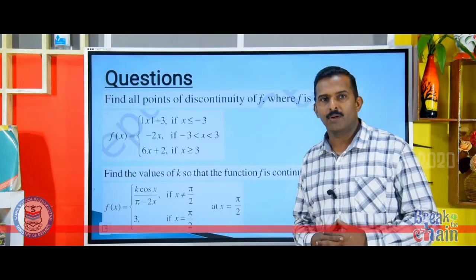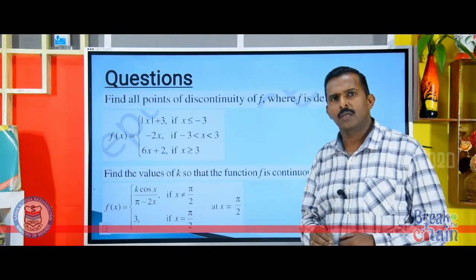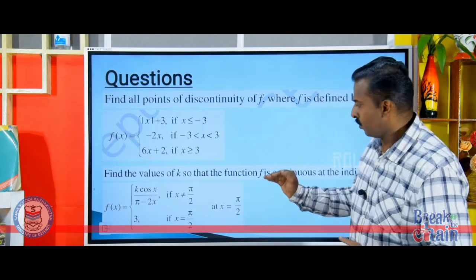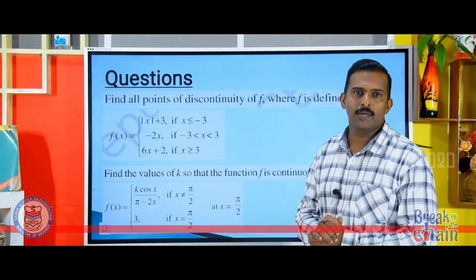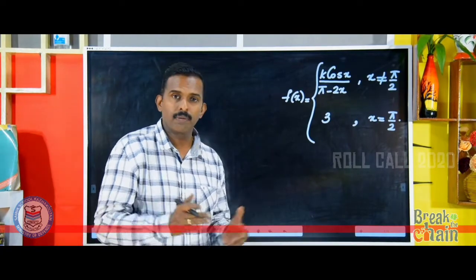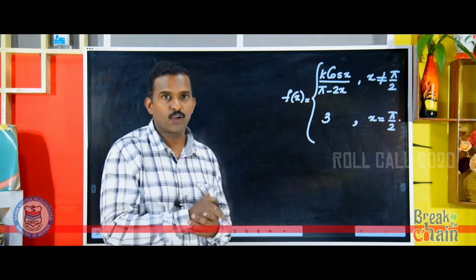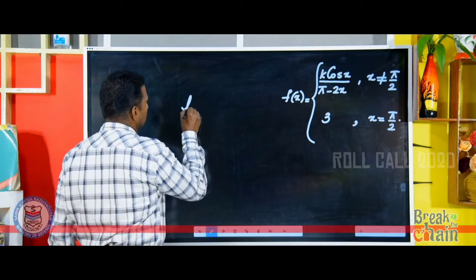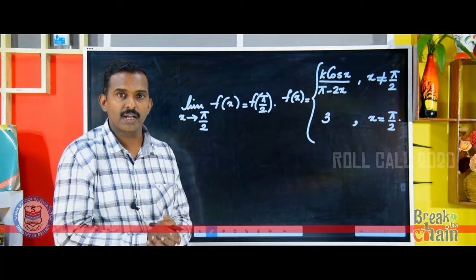We will go through one more example question. Find the value of k. Important question, even in objective questions of JEE or CBSE, this is a main question. Find the value of k given that the function is continuous at x equal to pi by 2. It is given the function is continuous at x equal to pi by 2. Therefore, what does that mean? The limit value is equal to the function value. Now, the question is to find the value of k. Therefore, the limit value is equal to the function value.